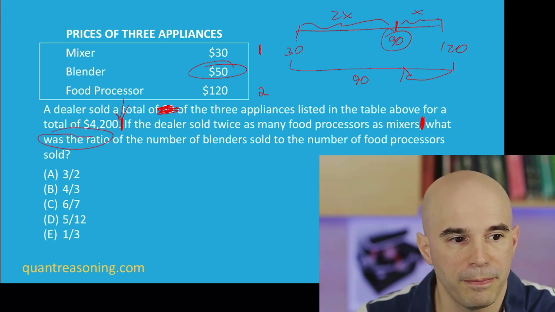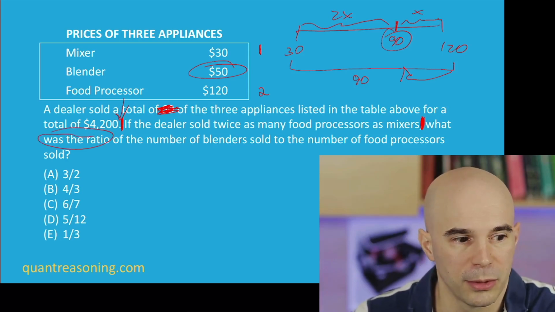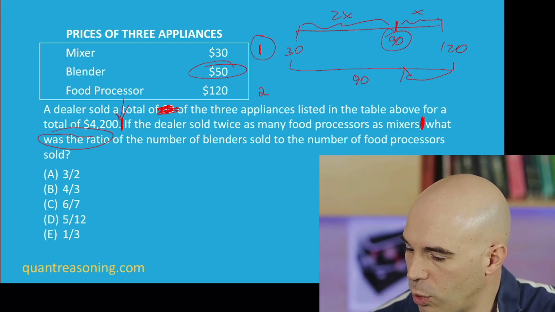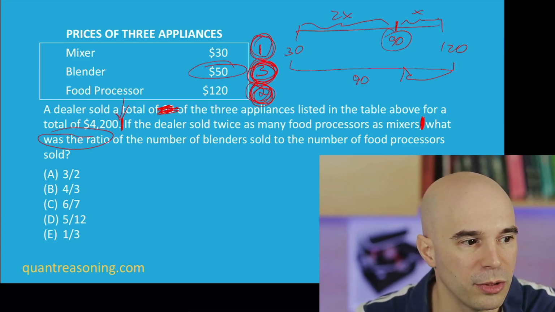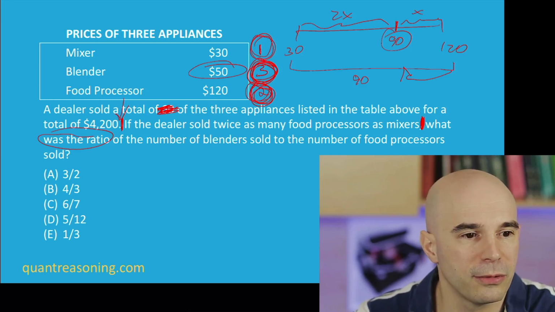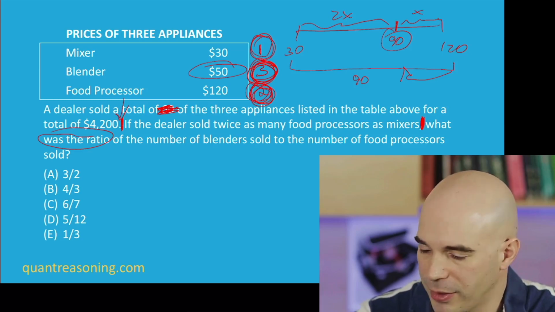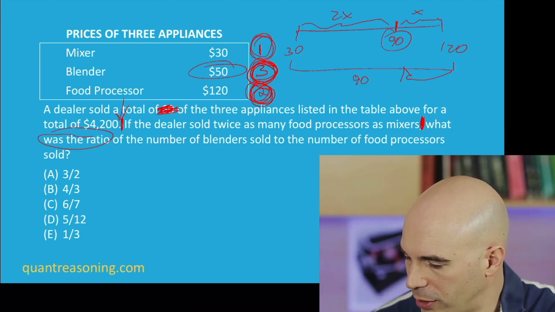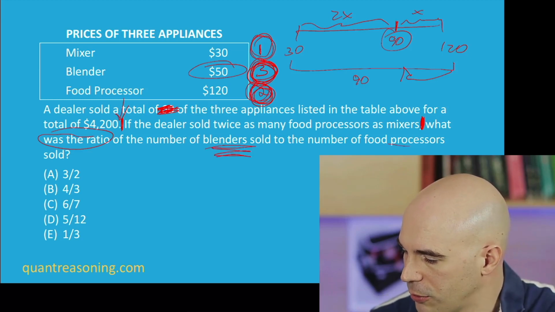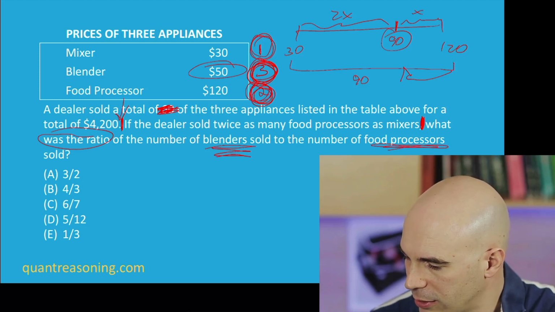I can just say, look, if I have 1 ratio unit here and 2 ratio units here, then there must be 3 ratio units here, because it's supposed to be the same number of blenders as there are mixers and food processors combined. So 2 plus 1 is 3. And then to answer the question, we want blenders to food processors. So that's 3